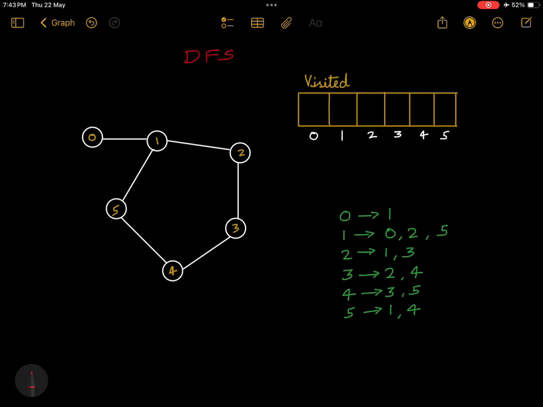In DFS, here is our graph, adjacency list and visited array. Let's start traversing from node number 0. We'll mark it as 1 in the visited array and move to its neighbor, which is 1. Then we'll mark 1 as visited. 1 has 3 neighbors, right? 0, 5 and 2. 0 is already visited, so we can move to either 2 or 5. Let's move to 2. We'll mark 2 as visited and in a similar fashion we'll move to 3, then 4, then to